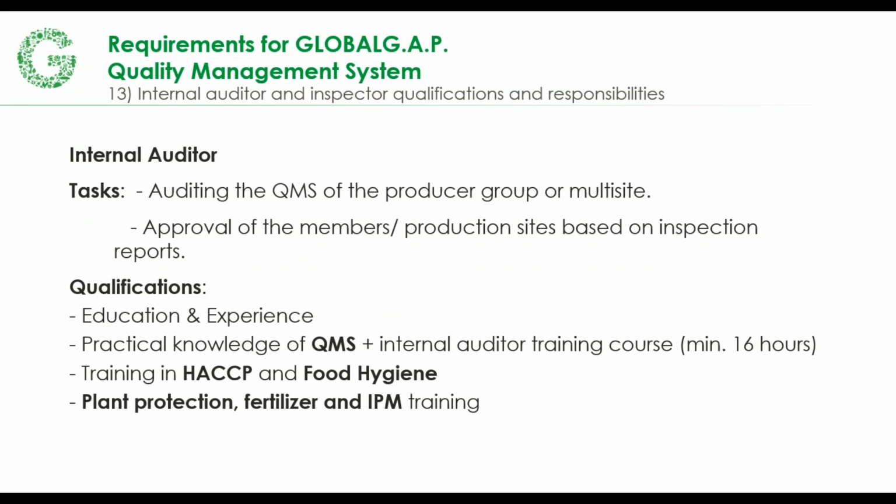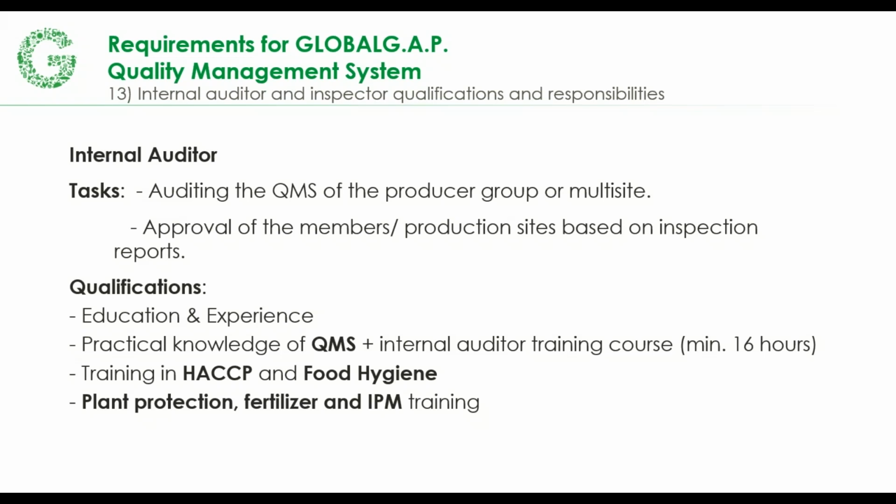your business. There are different requirements for the internal auditor and inspector. I won't go super in depth in these. The qualifications have a mix of education and experience. For example, a post-high school diploma with 2 years experience in crops, or an ag high school qualification with additional years of experience. This person must also have quality management system experience, whether that's practical knowledge or day-to-day, or also attending an internal auditor training course.